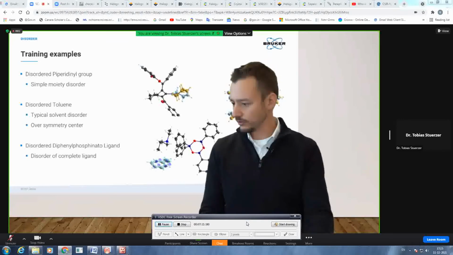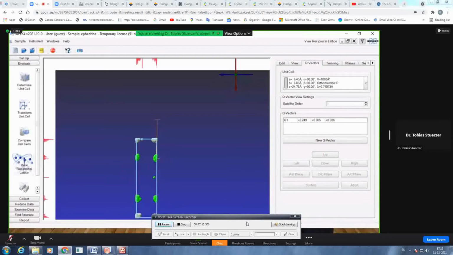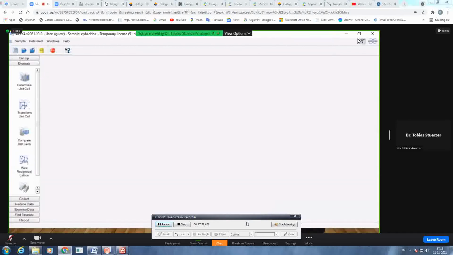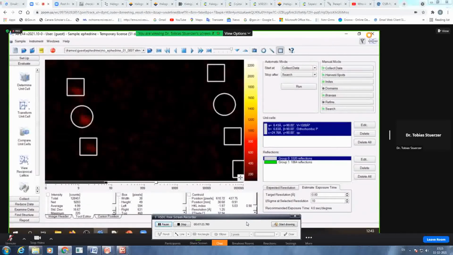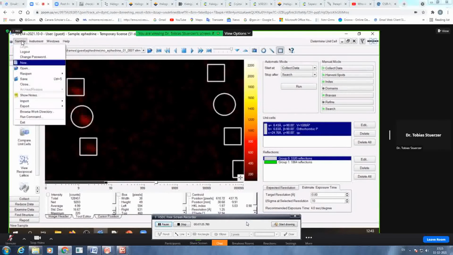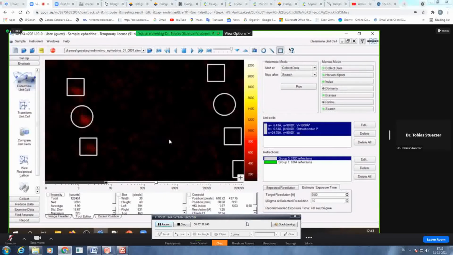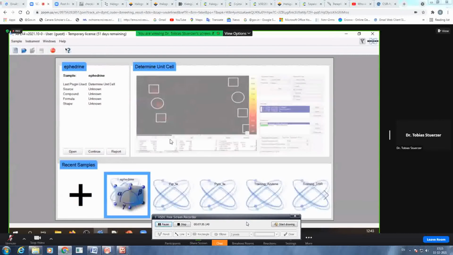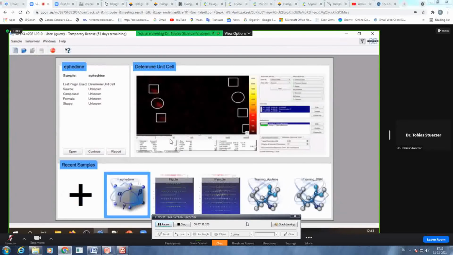So I will open APEX. That's what I left open from the last workshop. I will completely close that one. Okay, then let me quickly switch off the camera. Okay, the first example,